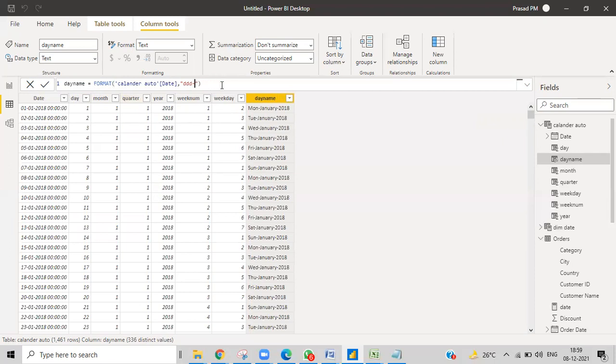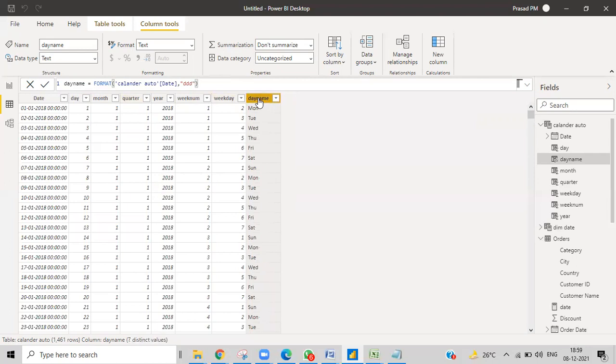So I don't want this. I want only this thing to learn what date it is. Okay. And then you can check it. When we use format, obviously it will be in text format. Even if you give DD, I'm taking only numbers, I'll get only numbers, but this will be in the text format. It is a number, but it is in the text format.